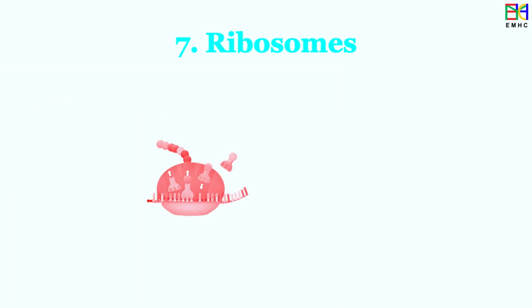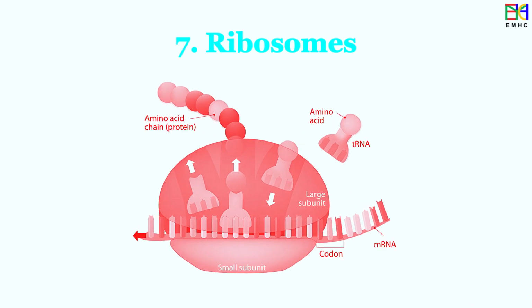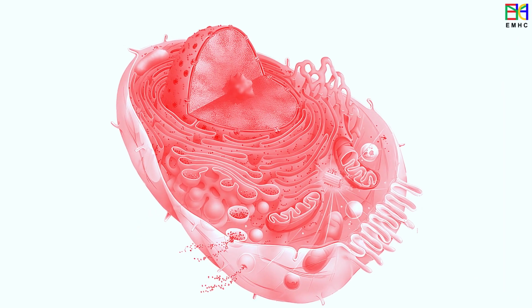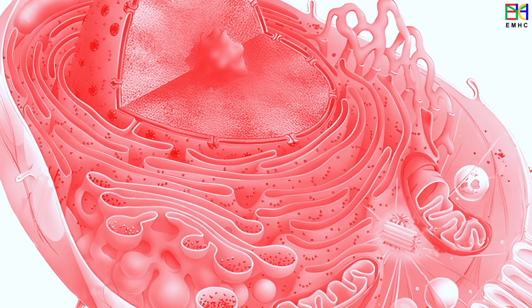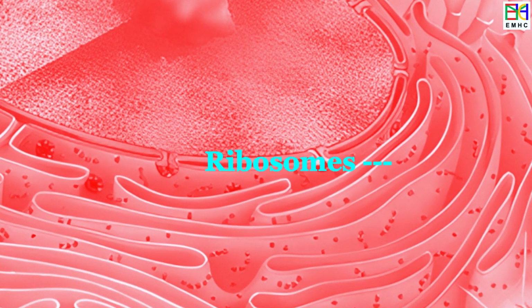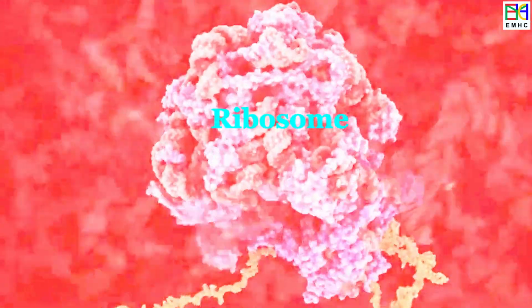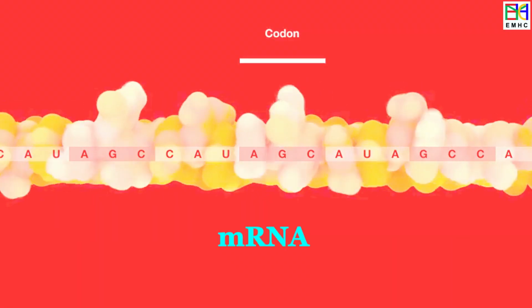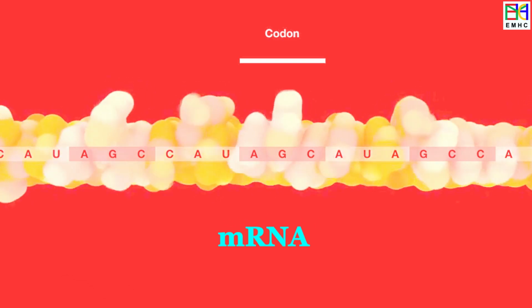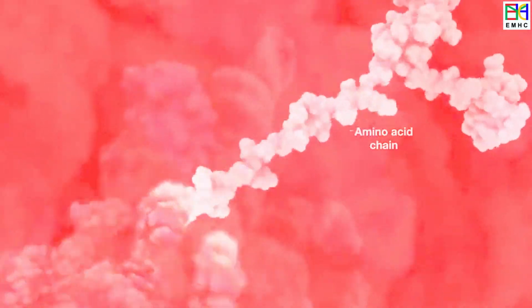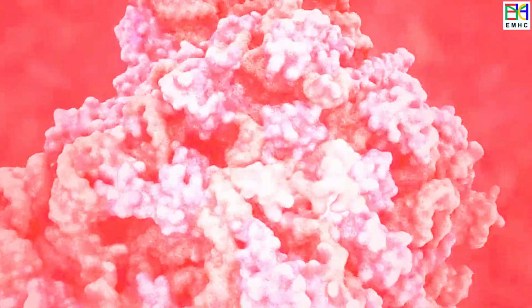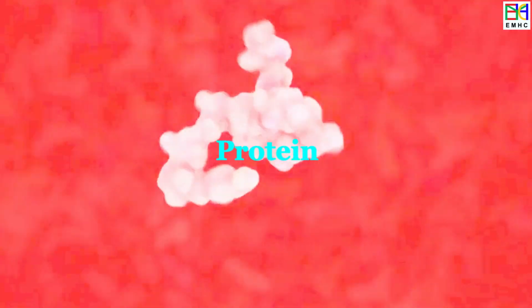Ribosomes are non-membrane-bound organelles that contain ribosomal RNA and ribosomal proteins. A typical human cell may contain thousands to millions of ribosomes. Some ribosomes float freely in the cytoplasm while others attach to the endoplasmic reticulum. Ribosomes are the cellular factories responsible for protein synthesis. Ribosomes read the genetic code carried by mRNA and assemble amino acids into polypeptide chains according to the sequence dictated by the mRNA. These newly synthesized proteins undergo folding and processing before being transported to their designated locations within or